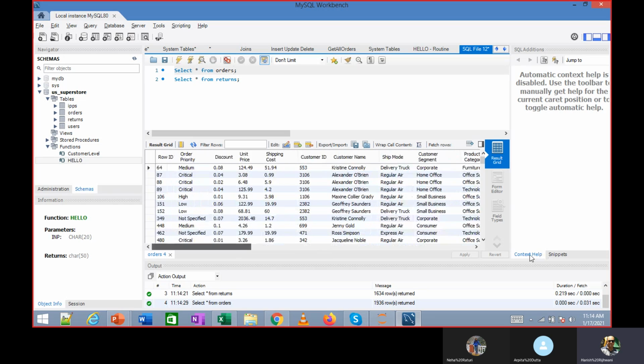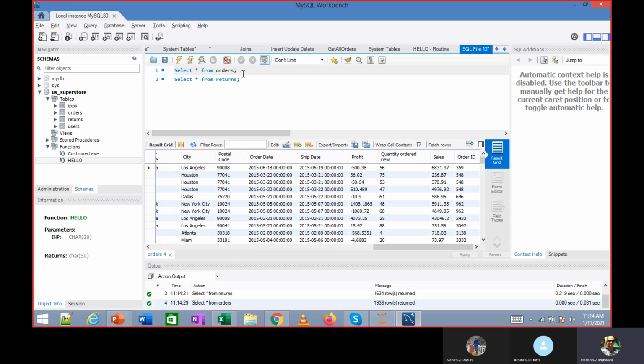Yeah, so we have to match order ID. In both these columns, there is order ID. Select star from orders and returns.